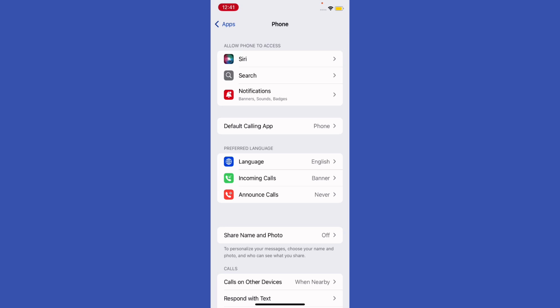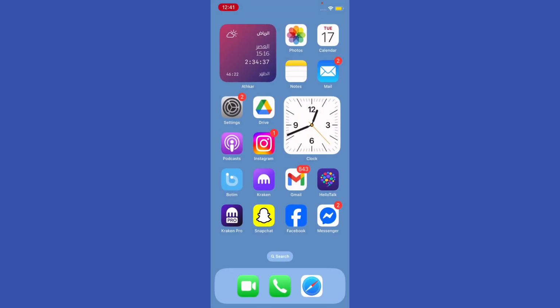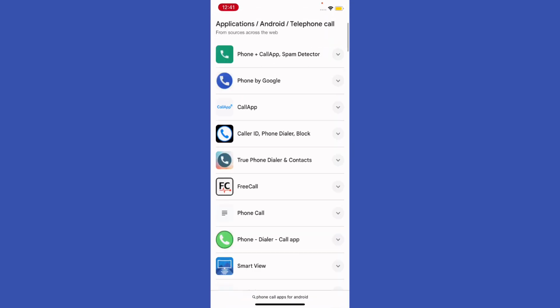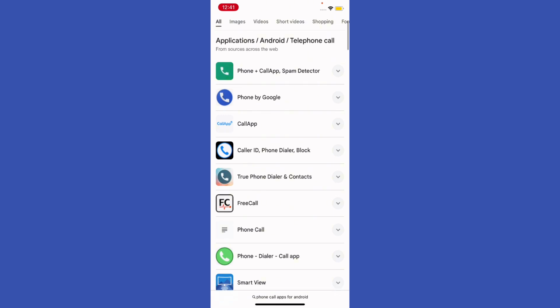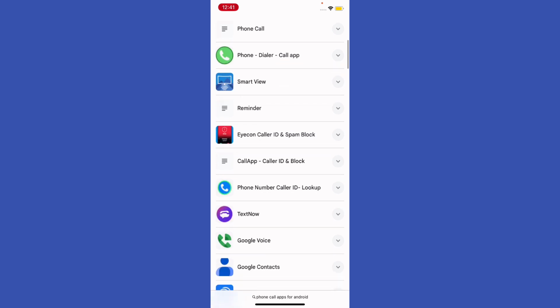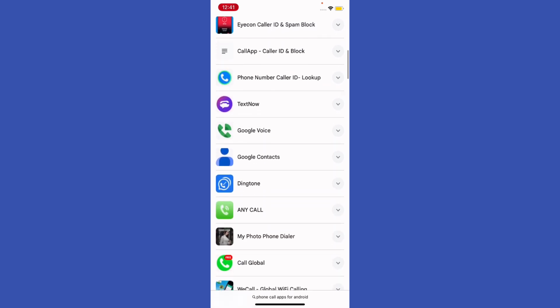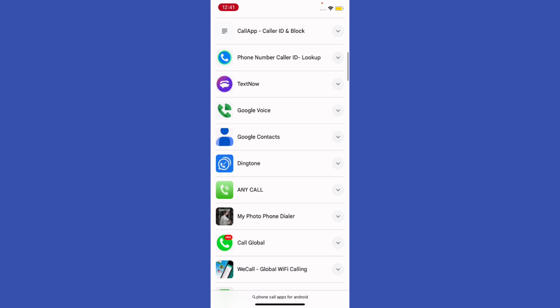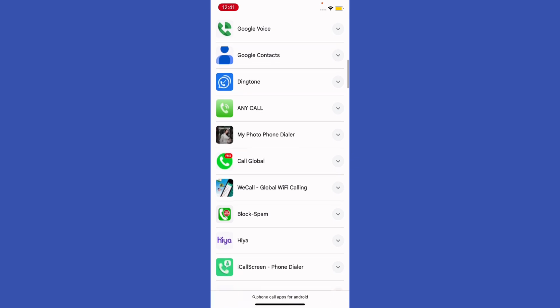If it really bothers you, the fact that you cannot turn off RTT, just make sure to download another app, right? Another phone app. So make sure to search in Google Play, like phone, basically, and you're gonna see the search results right here, right? You can download any phone app in that, and you're gonna give them access, of course, to your contacts, and from there you're gonna be able to basically turn off or turn on the